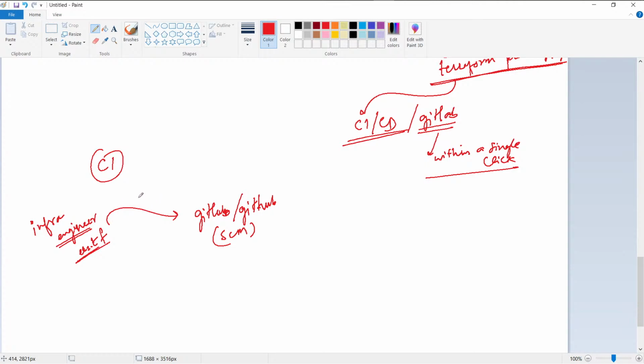So you are trying to integrate. As soon as there is a change in this file, Git will try to tell you